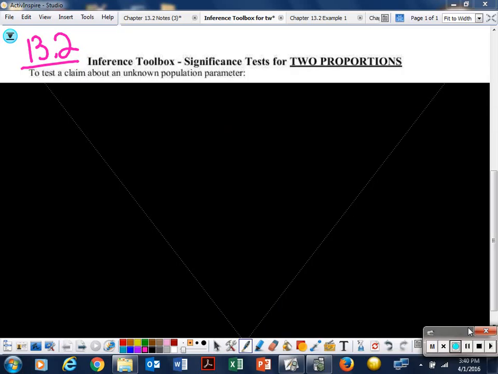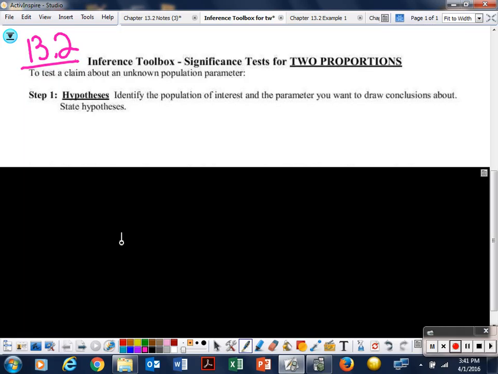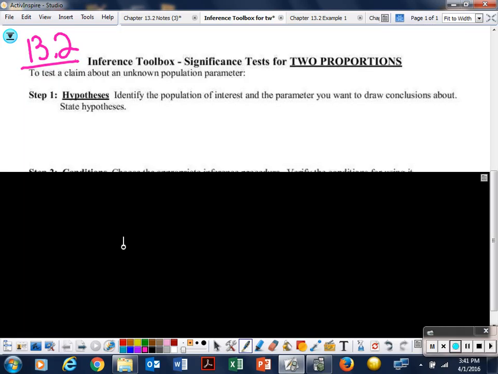All right, part 2, Inference Toolbox, Significance Test for Two Proportions. So, to test a claim about the unknown population parameter. As I mentioned earlier, the first thing we need to do is identify the population of interest and the parameter you want to draw conclusions about. This is where you're also going to need to define what proportion 1 is and what proportion 2 is. So you're going to need to define P1,